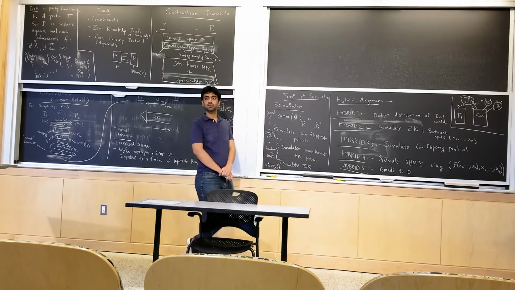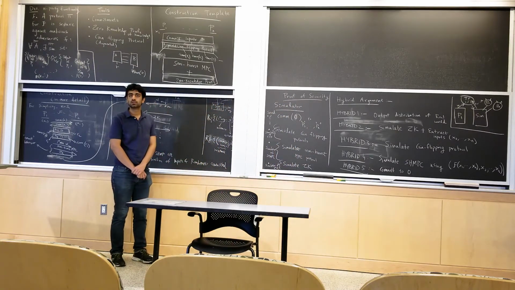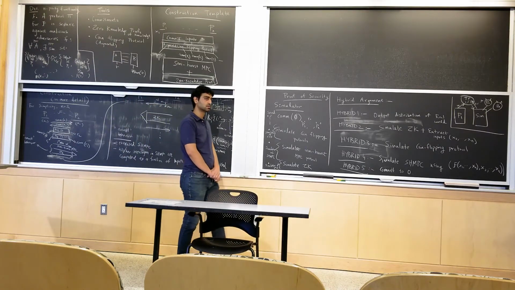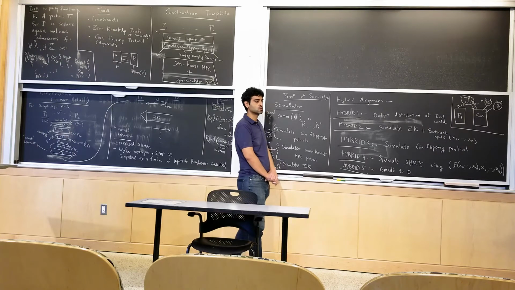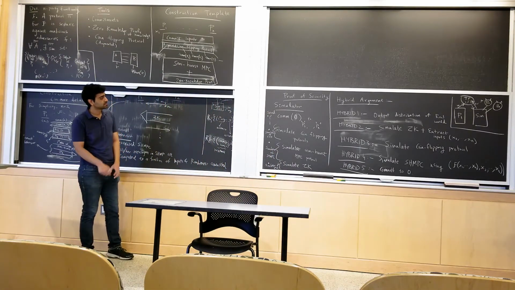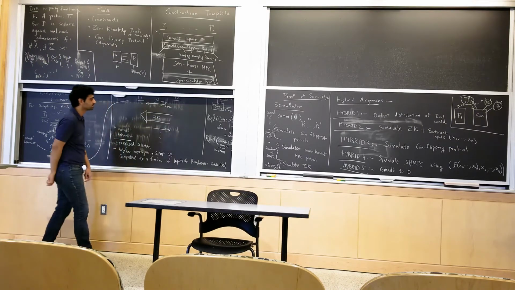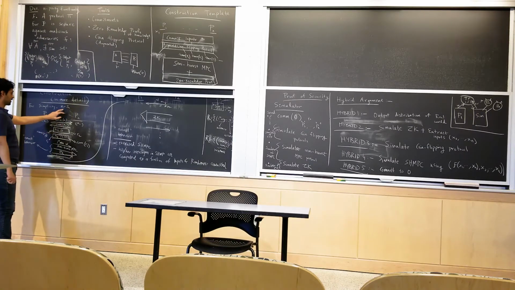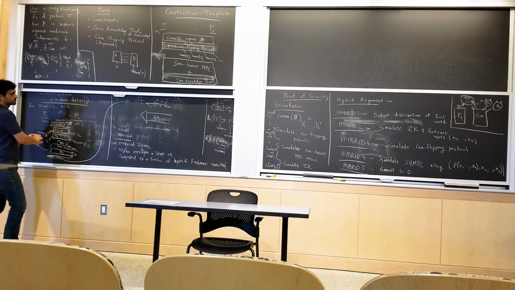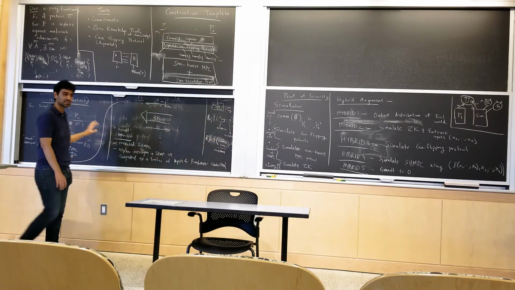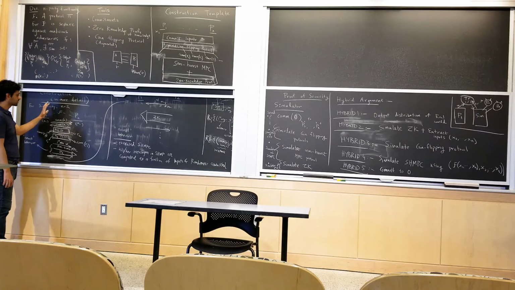Any questions about the proof? So the protocol I gave was for the case when n is equal to 2, because it was hard for me to describe, but the proof is for n parties. So is it clear how to go from 2 parties to n parties for arbitrary n?